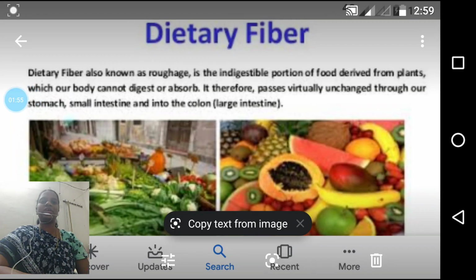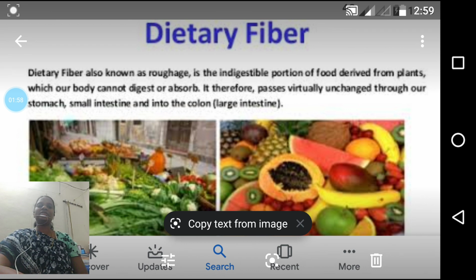Children, here you see them. What are dietary fibers? They are also known as roughages. So what are actually these roughages? These roughages are carbohydrate compounds which are not digested inside our body. They contain carbohydrates, but they are not able to get digested in our body. That is the reason they help in easy bowel movement.